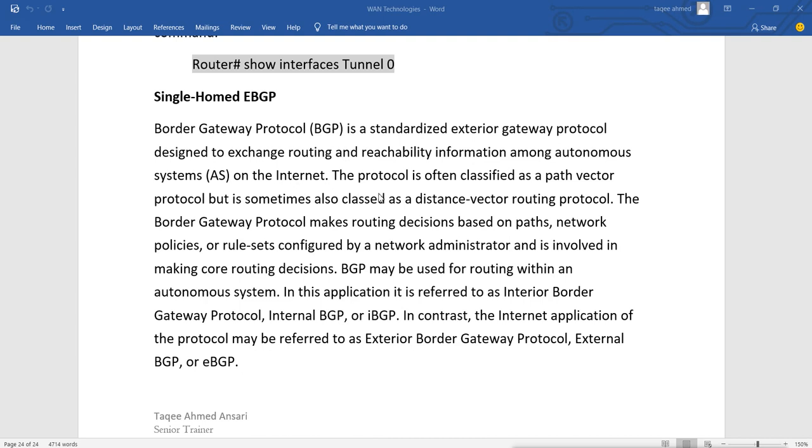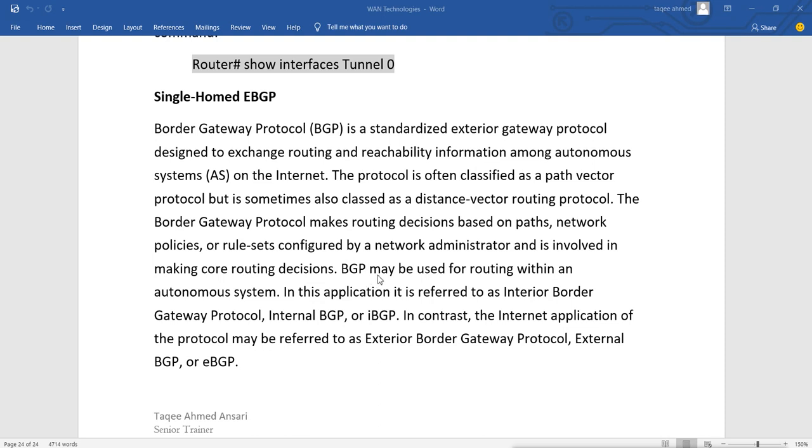The protocol is often classified as a path vector protocol, but is sometimes also classed as a distance vector routing protocol. It makes routing decisions based on path, network policies or rule sets configured by a network administrator and is involved in making core routing decisions.